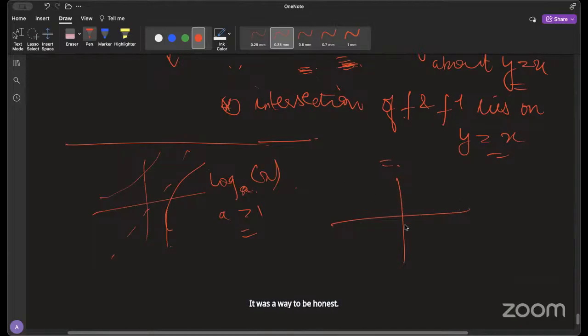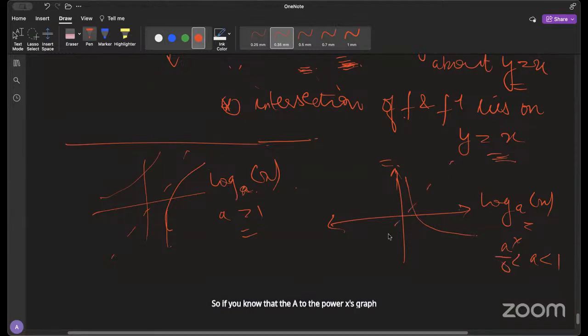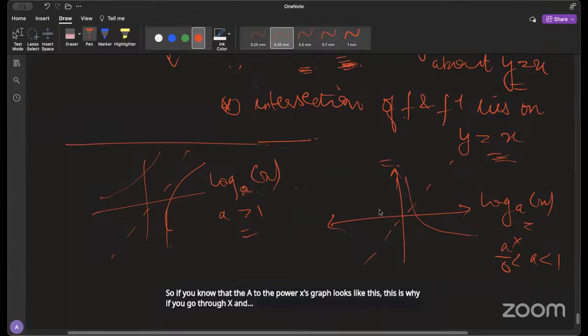Have this thing, have it like this. In case you even forget the graphs, if you remember all these things, you can just try to figure out what the graph can be, because this is the inverse of a to the power x when a is less than 1. So if you know that a to the power x's graph looks like this, and y is equal to x, and a to the power x's graph looks like